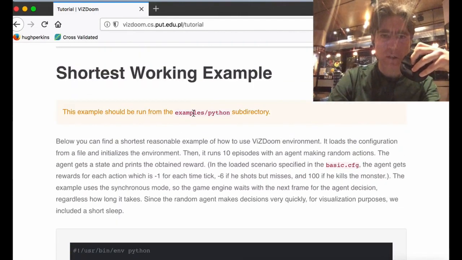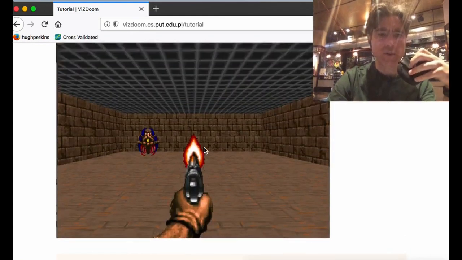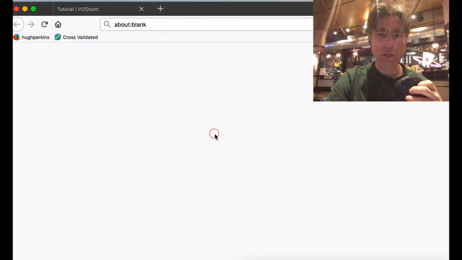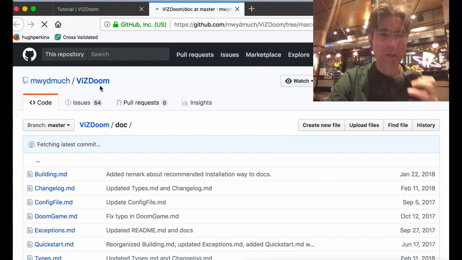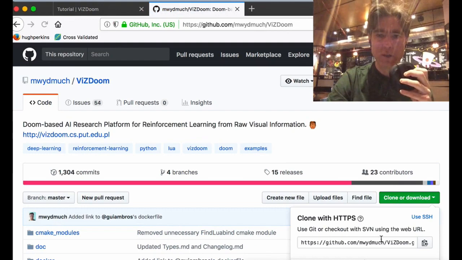Right, shortest working example. It tells us to get it from examples Python in the repository. So let's clone the repository. Click on the link to get the repository. And then we're going to go to the root of that and then clone or download. Grab that.